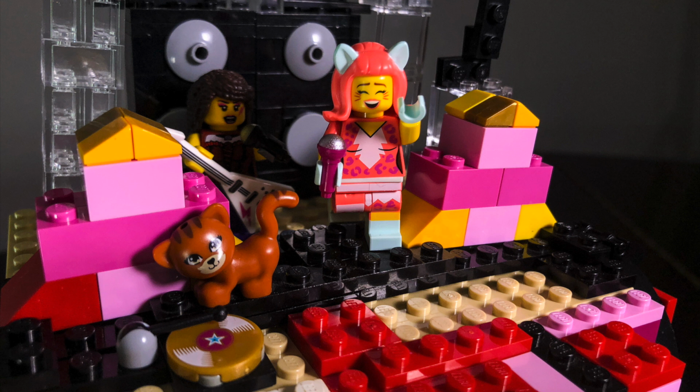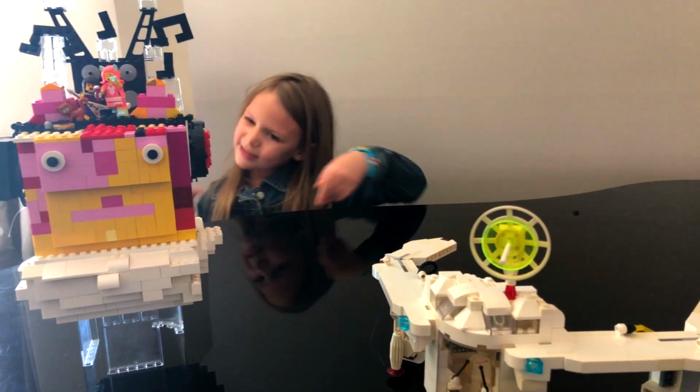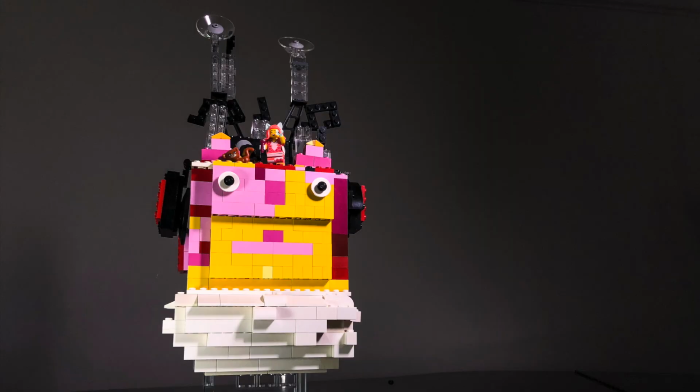And I love that cloud. It shows that it's up in space. It's on a cloud. And all the stuff that and this yellow piece, cats don't have weird pieces sticking out their butts. So,